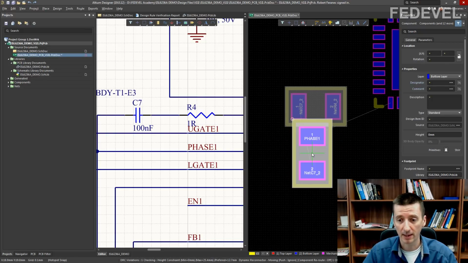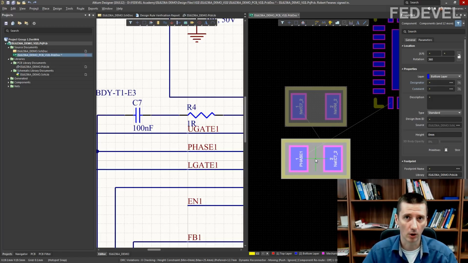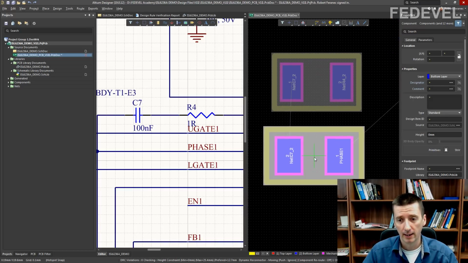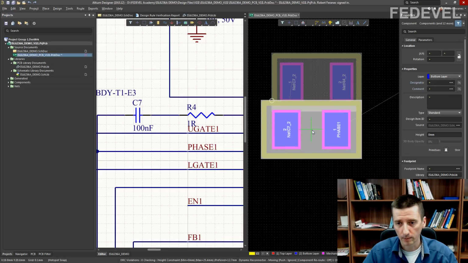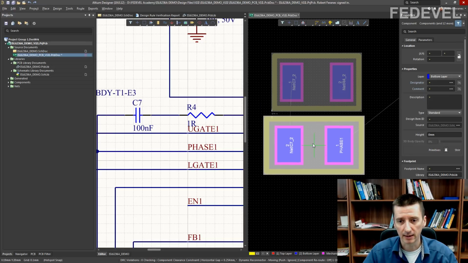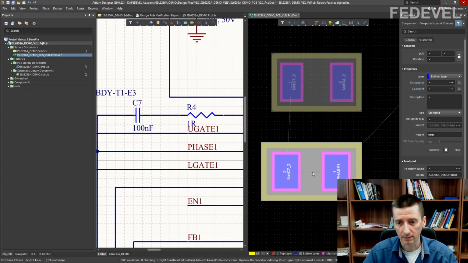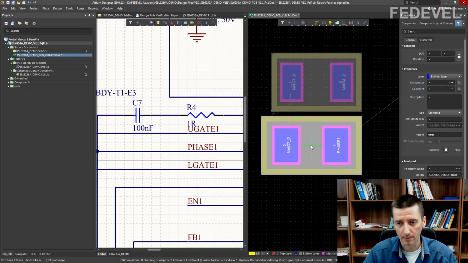If I press spacebar, we don't want to place it like this. Yeah, it would be more difficult for layout. So spacebar, and notice when I try to place it too close to the resistor, there is this white number. Can you see it? When I try to place the capacitor too close, there is a white number. It means there is a violation.